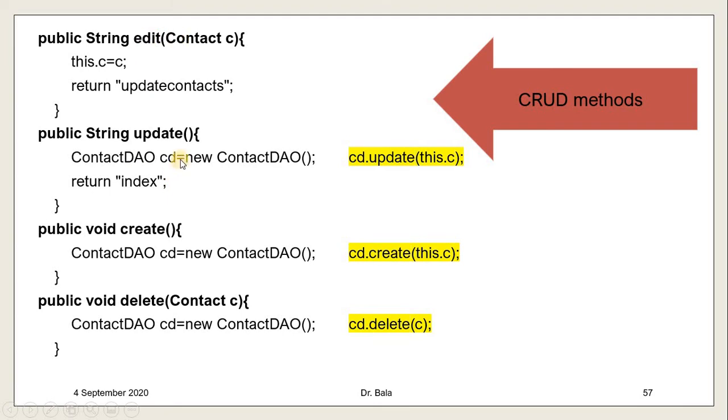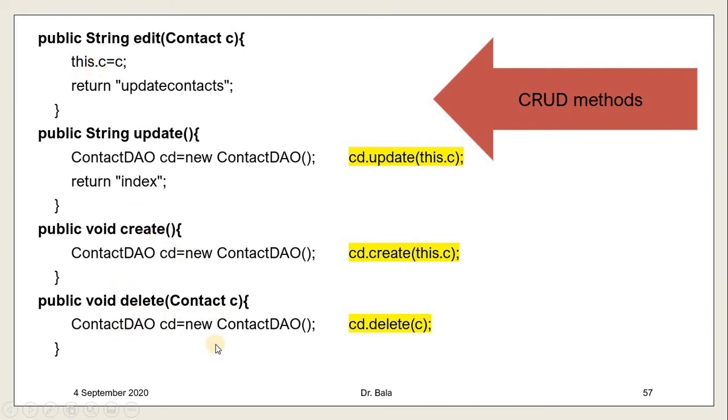To edit, before update we have to edit. So edit will represent what is the current object for update. Okay. So this is for editing. It's for our manual adjustment. Before edit we will point out which object you are going to update. For that reason we pass the contact class object. Whatever object you pass, that is the present object. Okay.